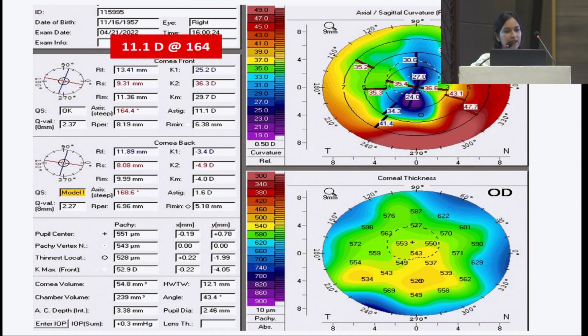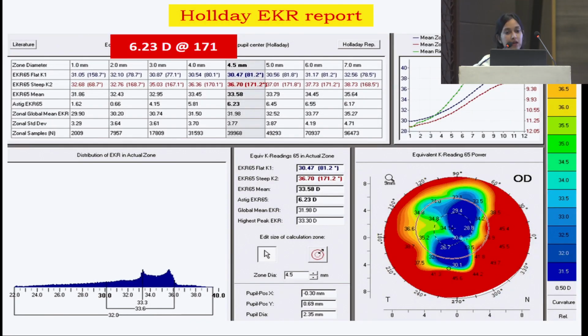So this is a Pentacam picture. This is a very widely used topographer nowadays. So we did a Pentacam topography. Pentacam gave 11 diopters of astigmatism at 164 axis. There is a very good EKR report. It's an equivalent keratometry reading given by the Pentacam. It takes care of the anterior as well as the posterior corneal astigmatism, and it gives you an equivalent reading